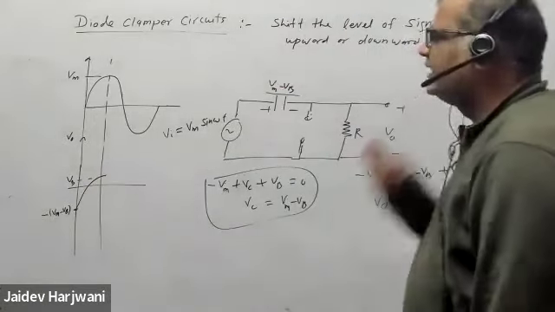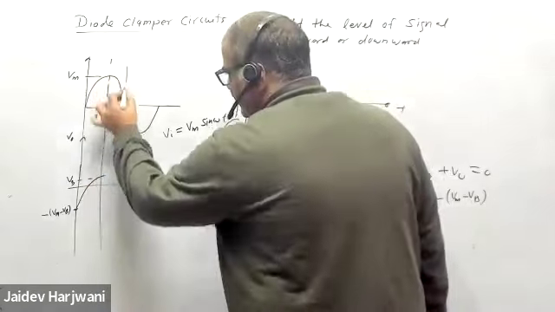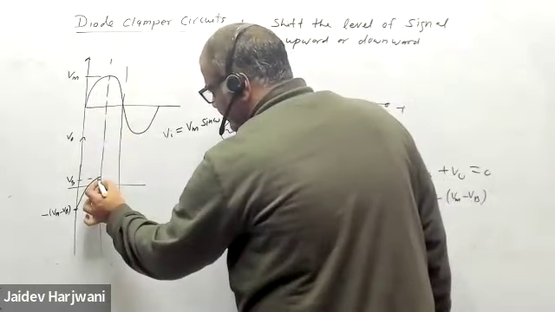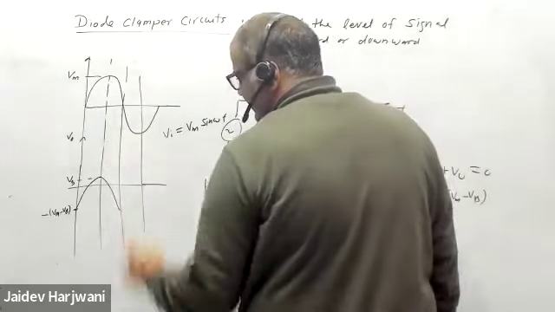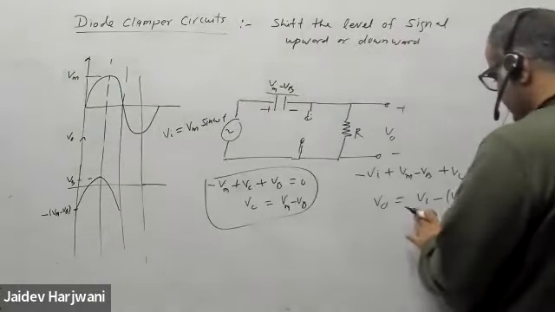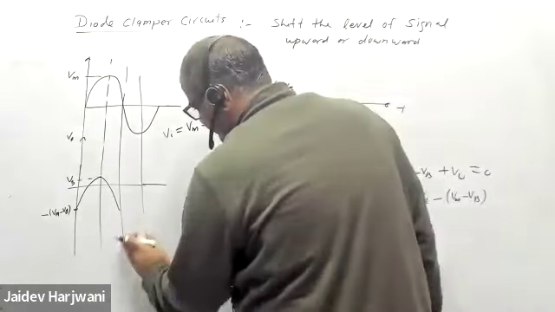Okay, and again you have to put 0. When it becomes 0, again it will come back to here. Okay, and when it is minus VM, then minus 2 VM minus VB. It will go down further,